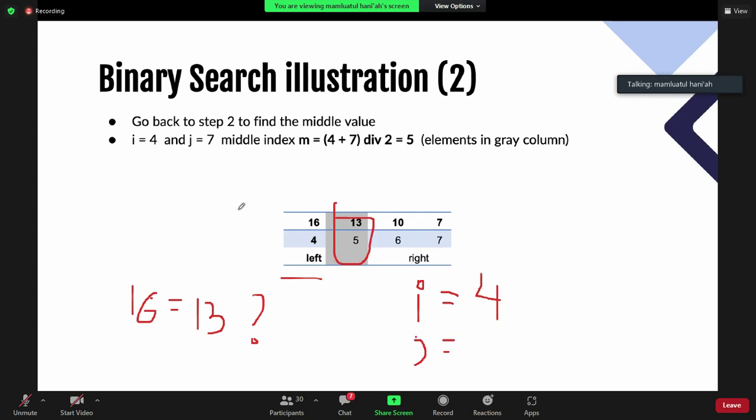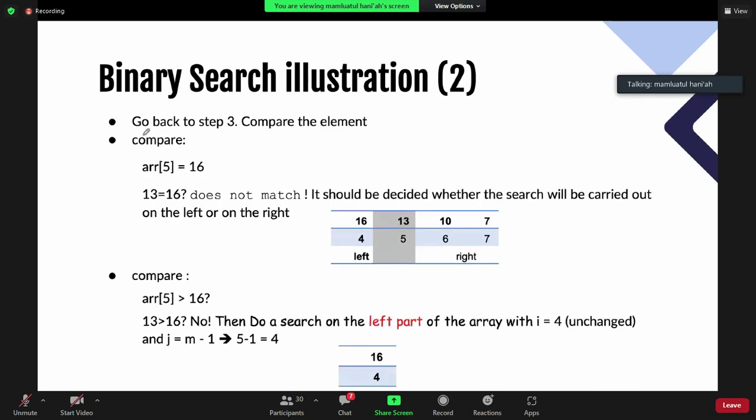And your J, your final position, is middle minus 1. So it's 5 minus 1, it's 4. Okay, and then you have something like this.